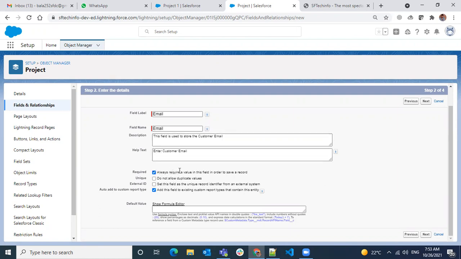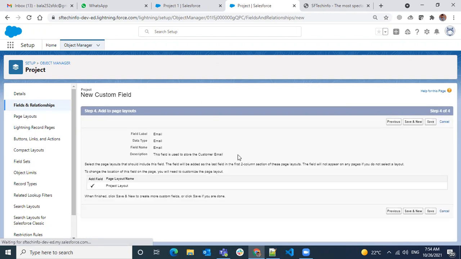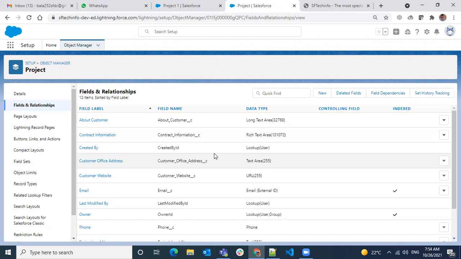So making it as a required field. I'm making it as an external ID. So you see all this now. Unique external ID required. So far, what all the fields we see. On text field, we have external ID, and on an email, we see the external ID.